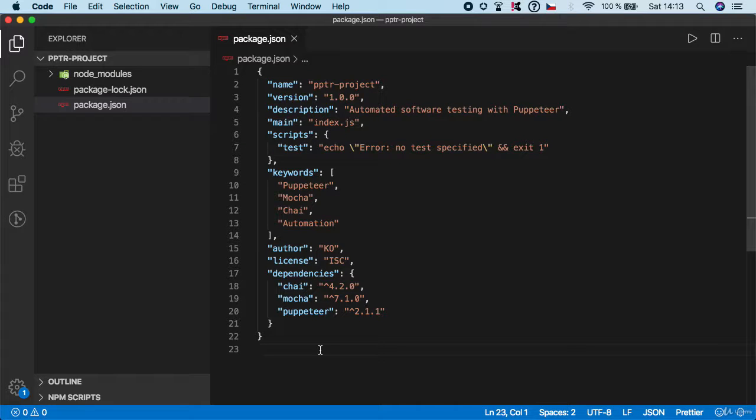Hello guys, welcome back. In this lesson we will finish our project setup by installing Prettier, which is an awesome tool for automated code formatting. Many professional developers and companies are using it to make code style unified and to prevent conflicts in code reviews. And how does it work?